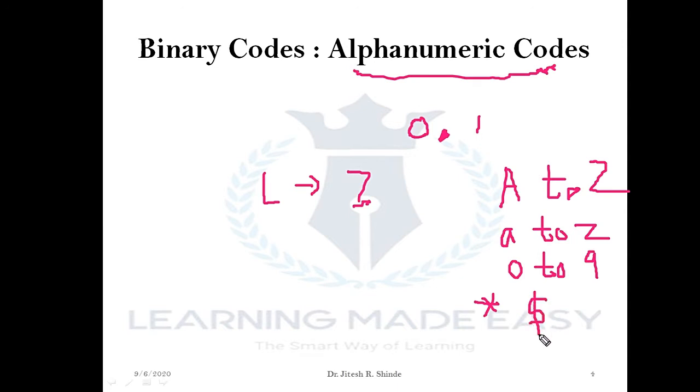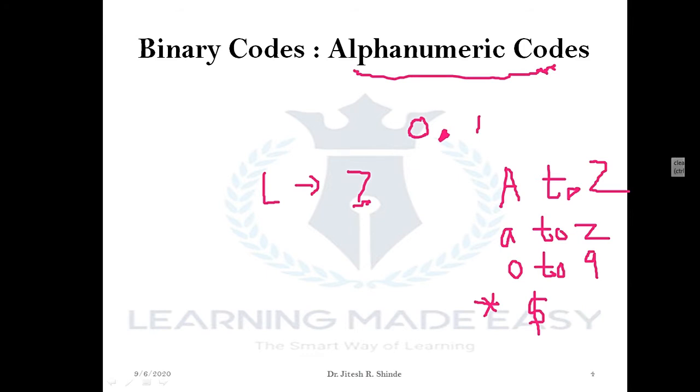So, what is the main application of alphanumeric code? From this discussion we can conclude that alphanumeric code came into existence to minimize the human effort. It can represent 26 alphabets in capital letter form, 26 alphabets in small letter form, as well as numeric data from 0 to 9, in addition to special symbols like asterisk, dollar, ampersand, and so on.